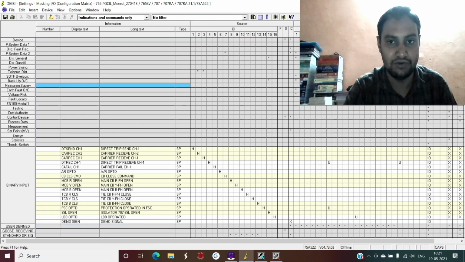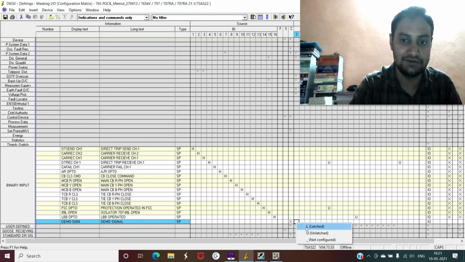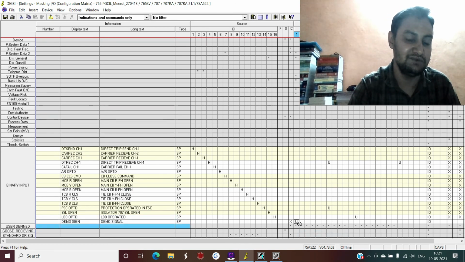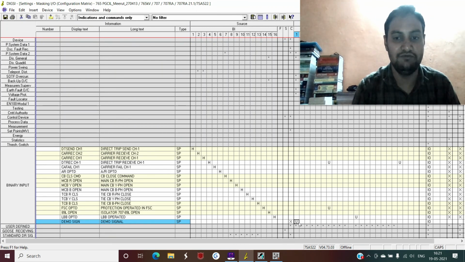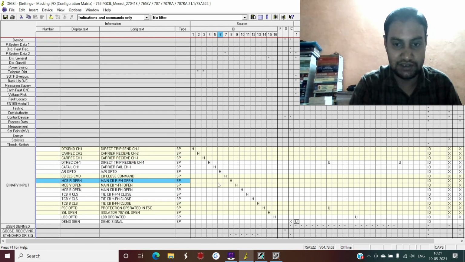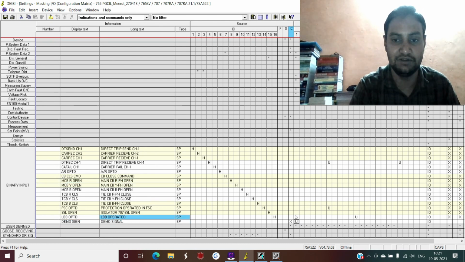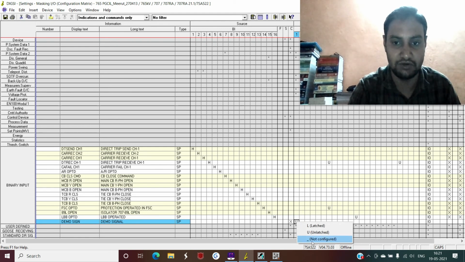So simply what you have to do is go to that particular output which is used for the tripping of circuit breaker and select this as unlatched. So once you have selected this as unlatched, this demo signal will get active on the basis of zone 1, zone 2, zone 3, zone 4 signals. And once this signal gets active, it will make binary output 1 high, and once this binary output 1 is high, it will issue a trip command to your circuit breaker or wherever this binary output 1 is wired.